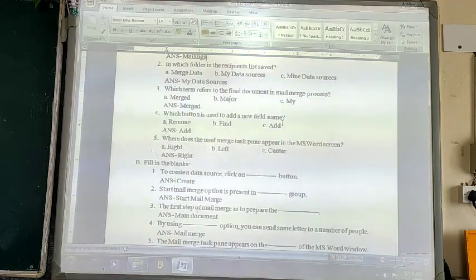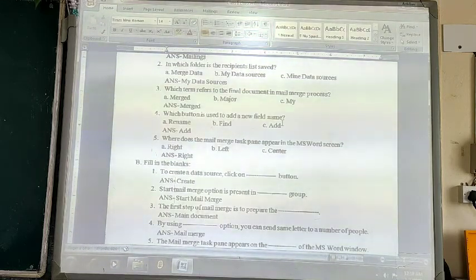When you create my data source, different fields are added by default, the fields of the recipient that are required. As we discussed in the earlier class, if you do not want any particular field to be present there, you can easily remove it, or if you want to rename any particular field, you can rename it.